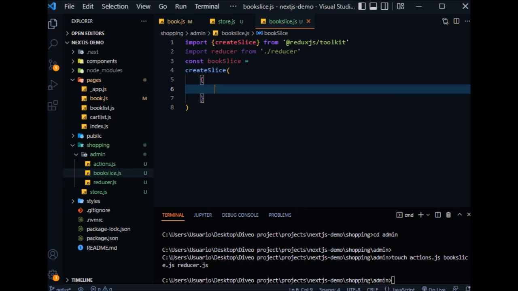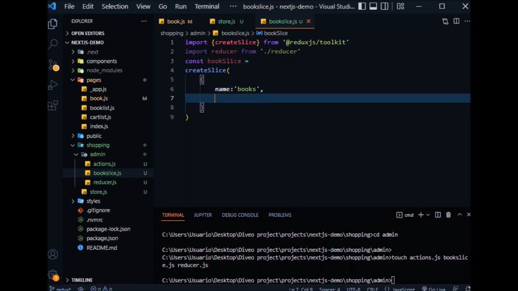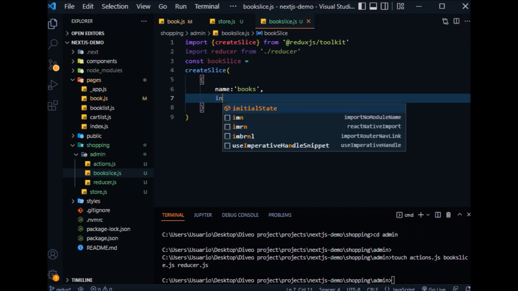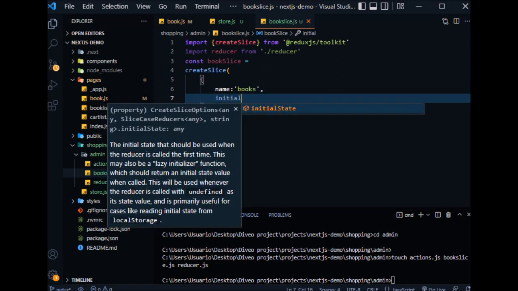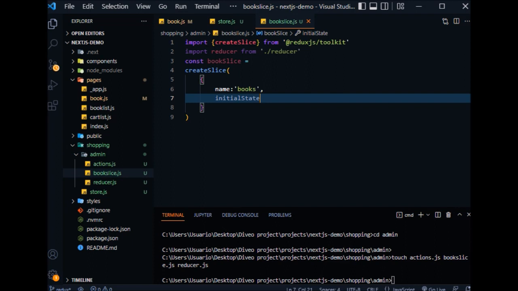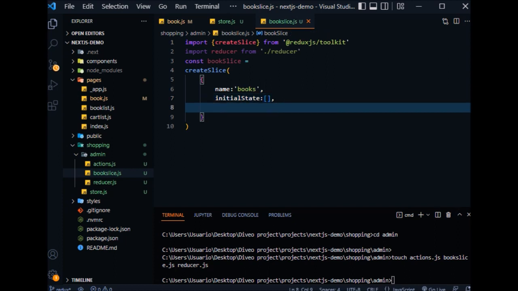When a slice is created, this slice must have a name. In this case, I am typing books as the name. Another parameter is the initial state. This is an empty array,